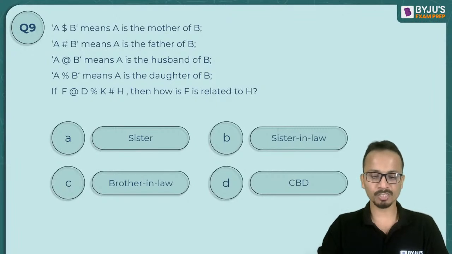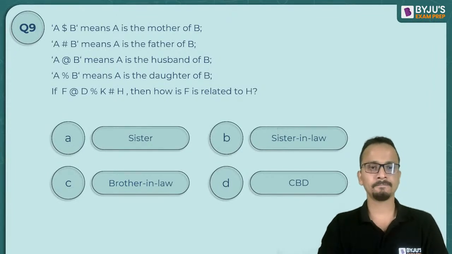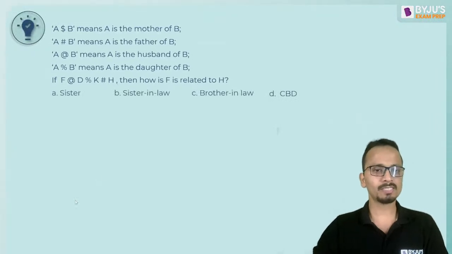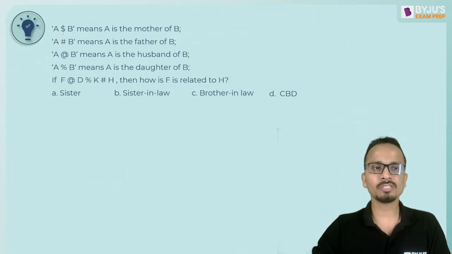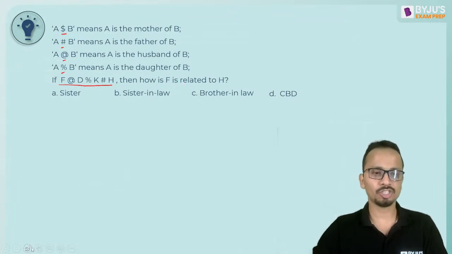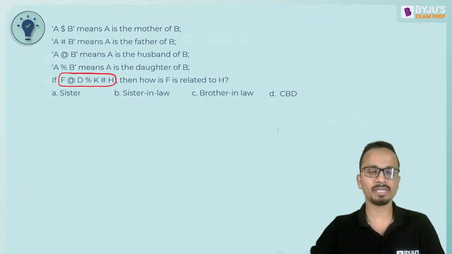All right, any answer for this one? Okay, so let's start with the discussion. Now you are given some coded relations for dollar, hash, at the rate, and percentage. And a statement is given to you, and you have to find out how is F related to H. Now we'll draw a family tree. We'll draw a blood relation tree for this particular